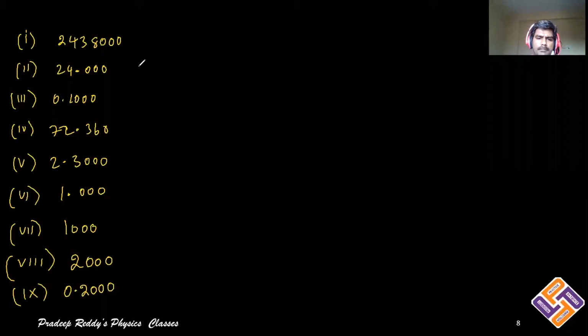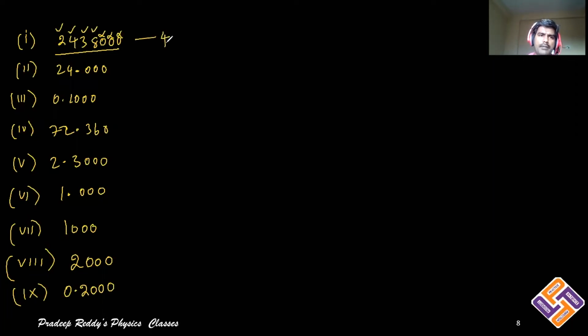Now check here. Whenever you are dealing with significant figures, take care whether the given number is greater than 1 or less than 1. You need to check it first. This is greater than 1. So for greater than 1, the rule tells that trailing end zeros are non-significant. So these are non-significant. How many digits are there now? 1, 2, 3, 4. 4 significant figures are there.